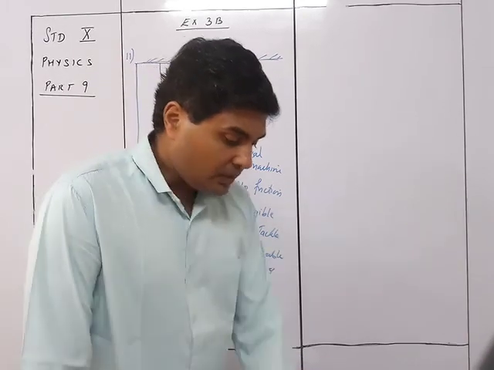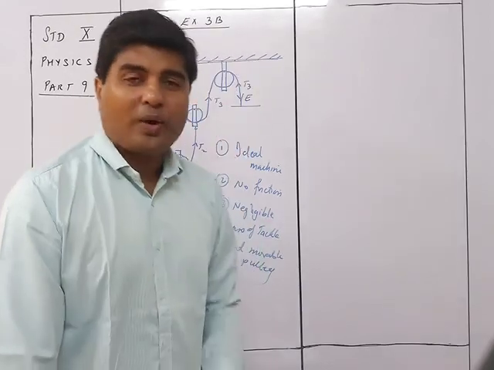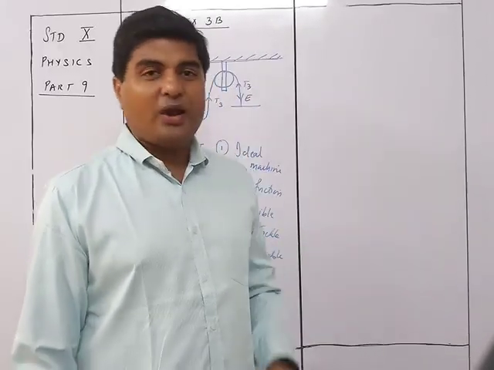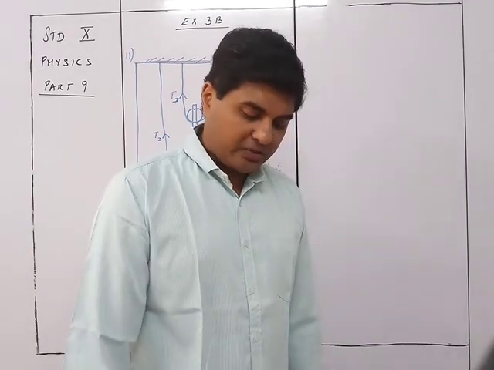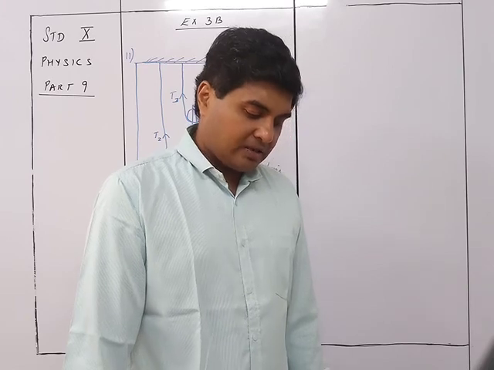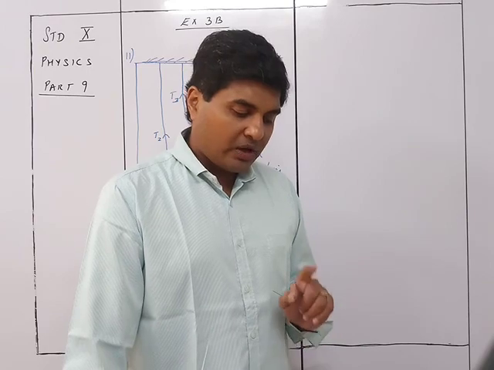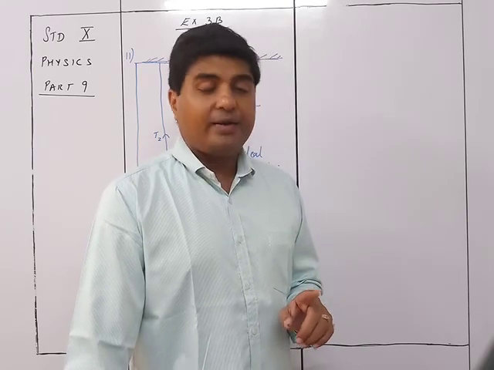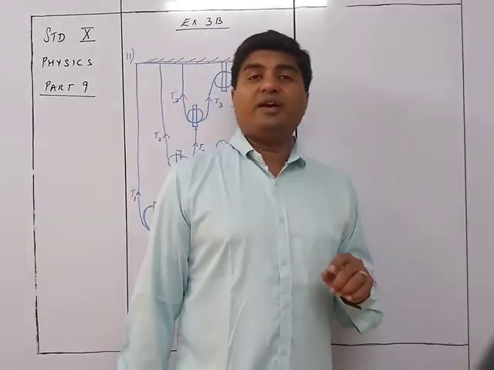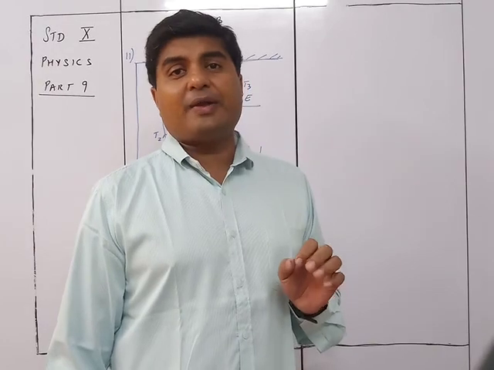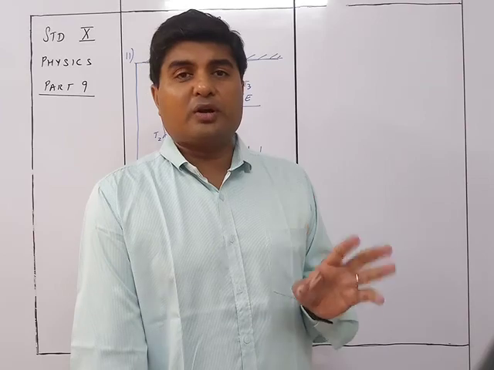Now, everything is quite easily done, but I think we should go for one more sum, and that is solved example number 4. They are given that a block and tackle system has 2 pulleys in each block with the tackle tied to the hook of the lower block and the effort applied upwards. So this is a typical example I was talking about, wherein the effort is applied upwards, and whenever the effort is applied upwards, the velocity ratio is not equal to the number of pulleys, but it is equal to the number of pulleys plus 1.